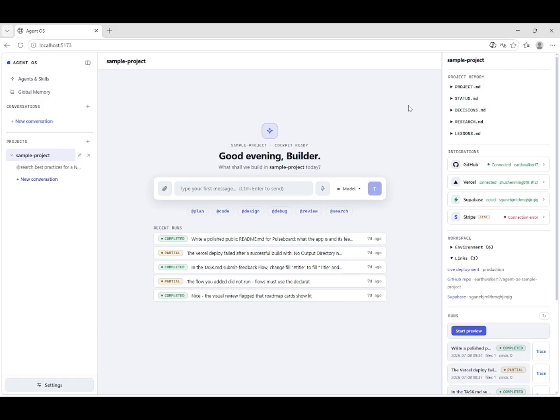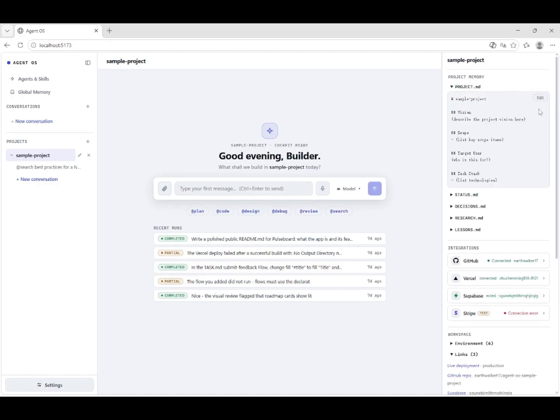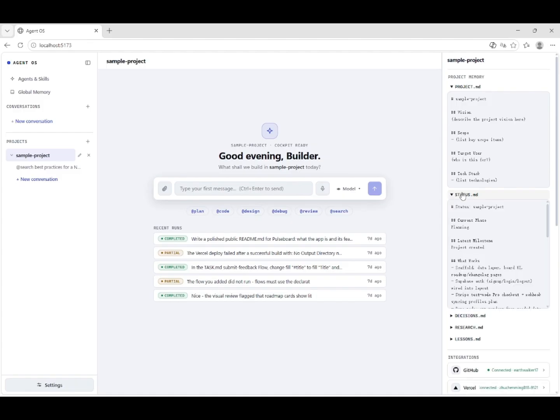Okay, now let's move to the right panel. On top is a project memory section, which contains 5 markdown files: project, status, decisions, research, and lessons.md. They belong to each specific project, so different projects won't mix memories. They are visible and editable to the user. It can also be written back by the main agent. Every time before responding, it reads all the global memory and project memory files to fully understand the context, so it can always remember you and your projects. And if anything about the project changes, it can also append structured updates to these files according to the policies